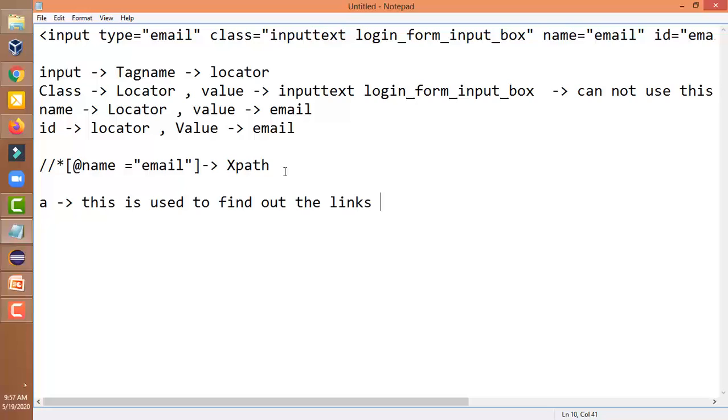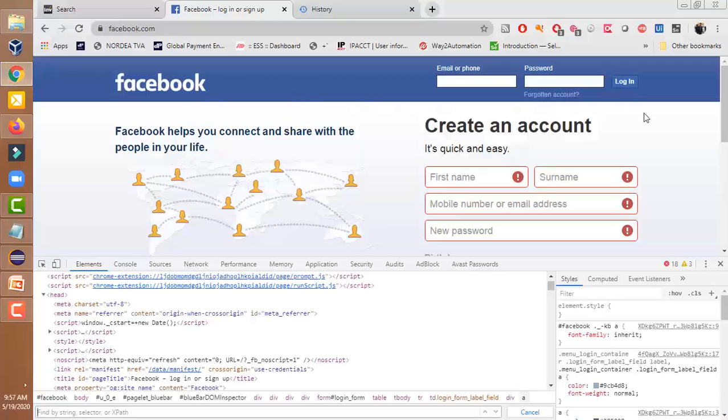So if someone asks how many links are present in a specific web page, for example, if I ask someone how many links are present in this Facebook page, then with the help of the anchor tag, and we will use a collection framework, we will use a list. So in that case we will use the web elements, and in this way we can find out the number of links in our web page.